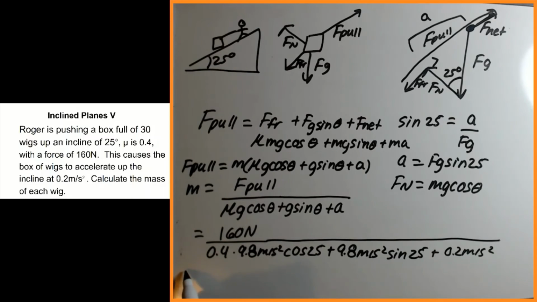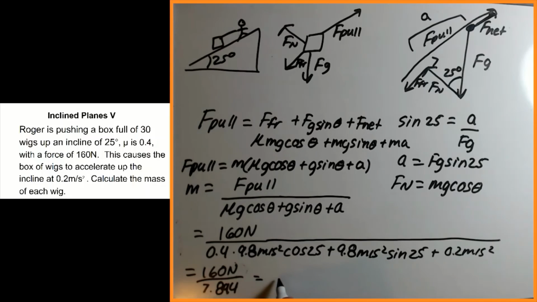So I'll go ahead and calculate that. So I get 160 over 7.894, and that is equal to 20.26. So I'll just round it to 20